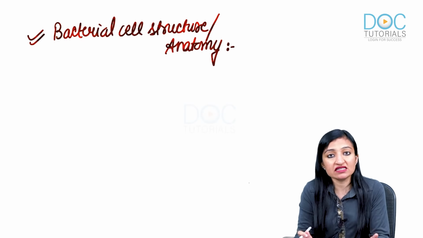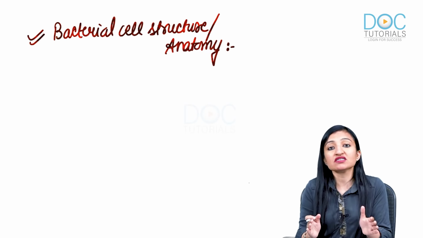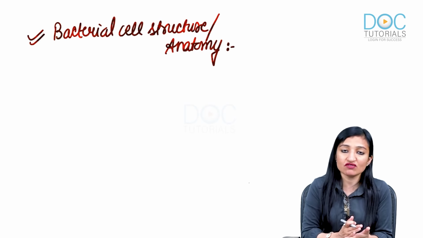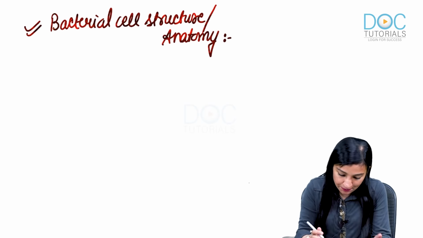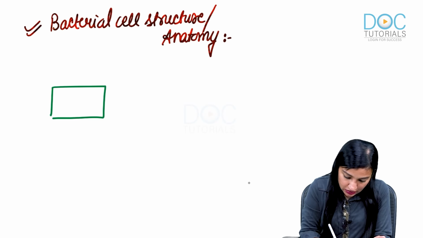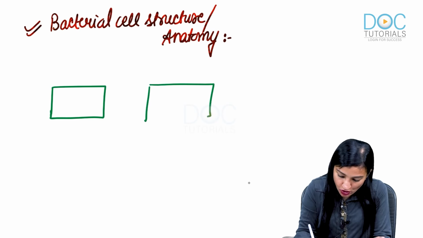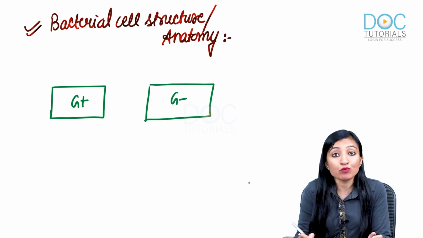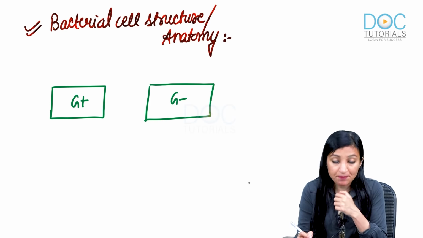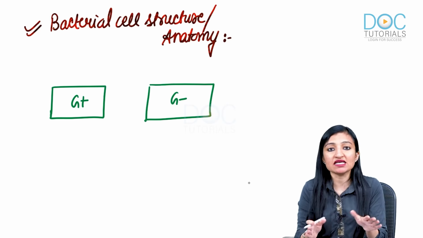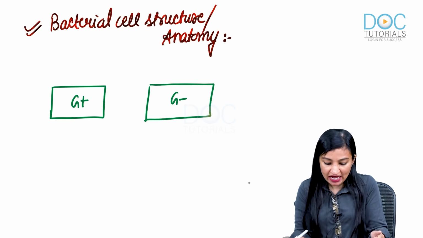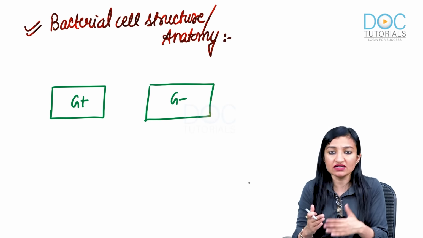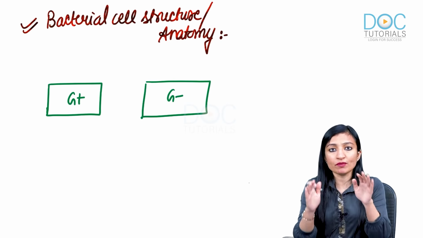And we are going to understand bacterial cell structure or anatomy as differences between two very important categories of bacteria based on Gram stain, that is Gram positive organisms and Gram negative organisms. Okay, so we are going to draw two boxes like this, G plus, G minus. So the left one is Gram positive bacterium, the right one is Gram negative bacterium. We are going to dissect the structure of bacteria from inside to outside, and initially we are going to see what is common between Gram positive and Gram negative, and then we will see the differences. So as I said, we are going to go from inside to outside.